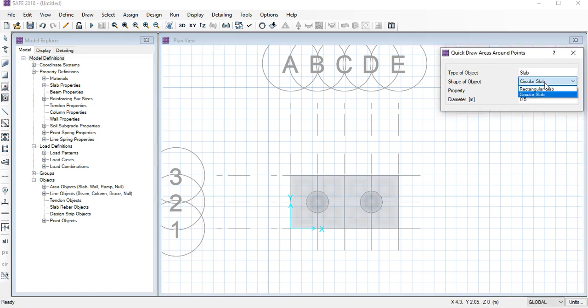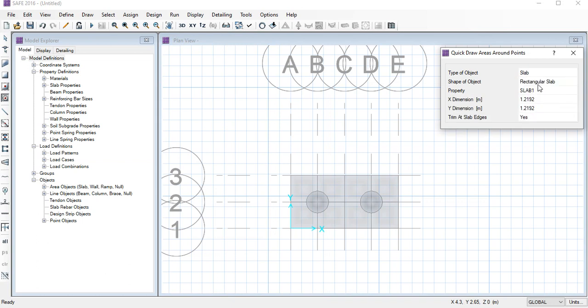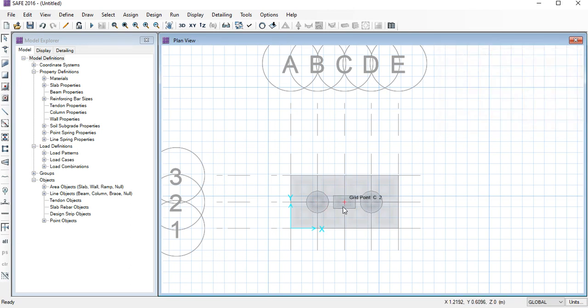If you want to make the column also, you can select rectangle. I have taken the dimension of the column as 0.5, 0.5, and in the y direction 0.3, and here we will select no. So we can see I have made all the things, that means pile, cap and column.